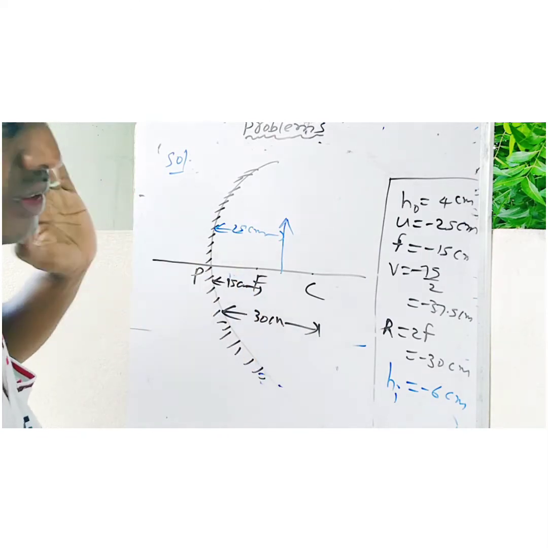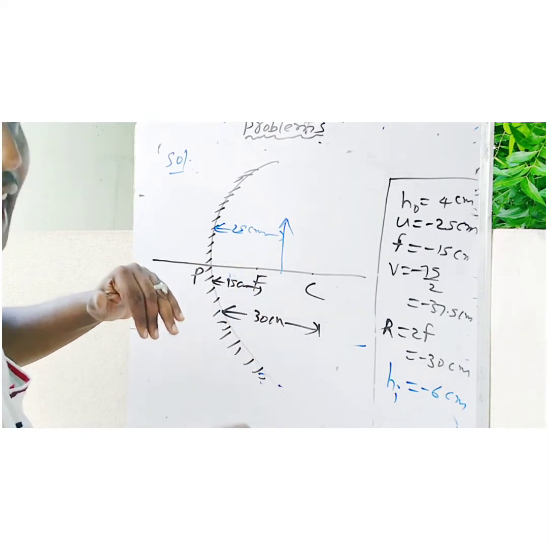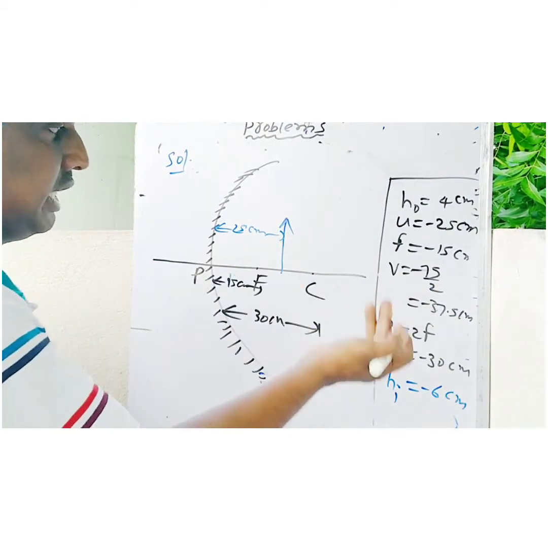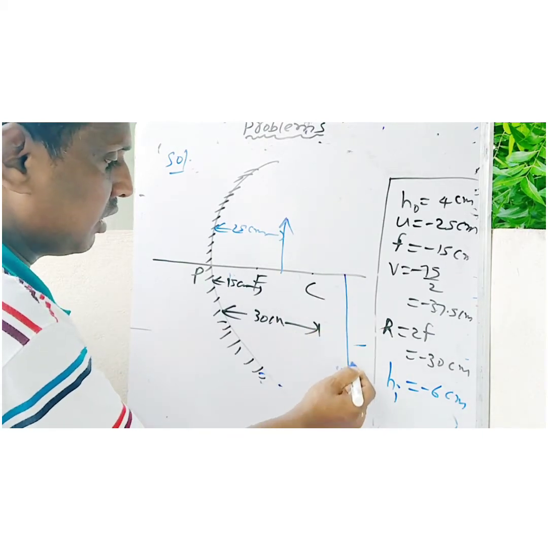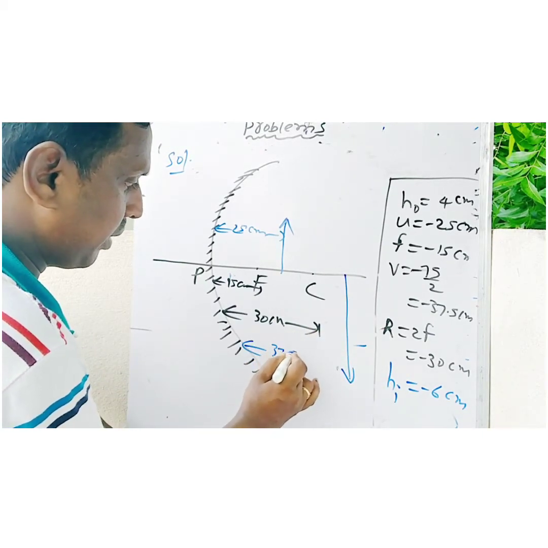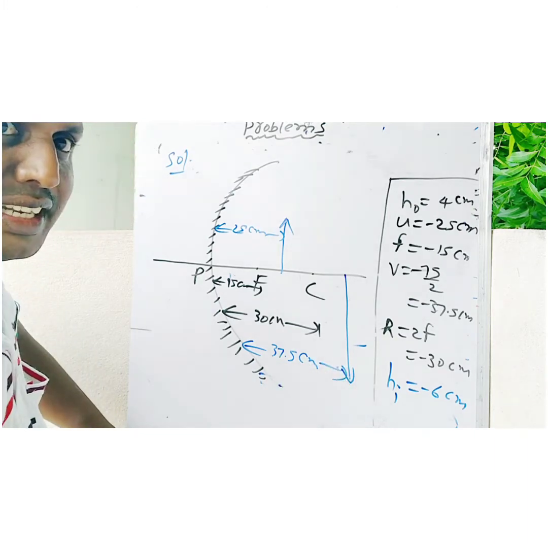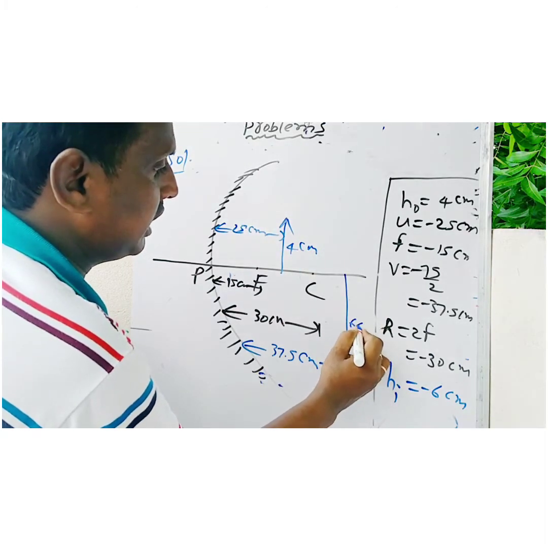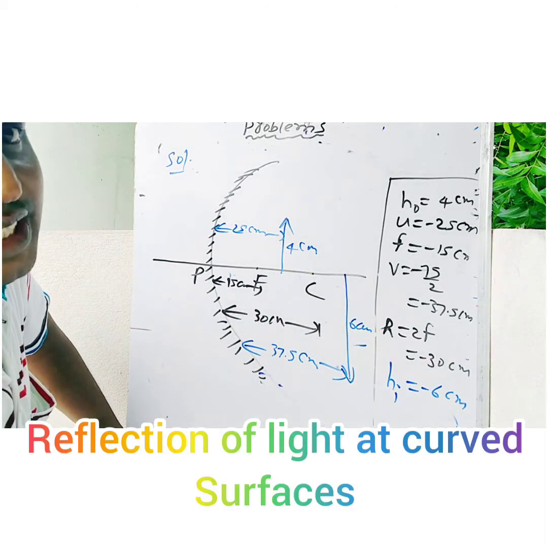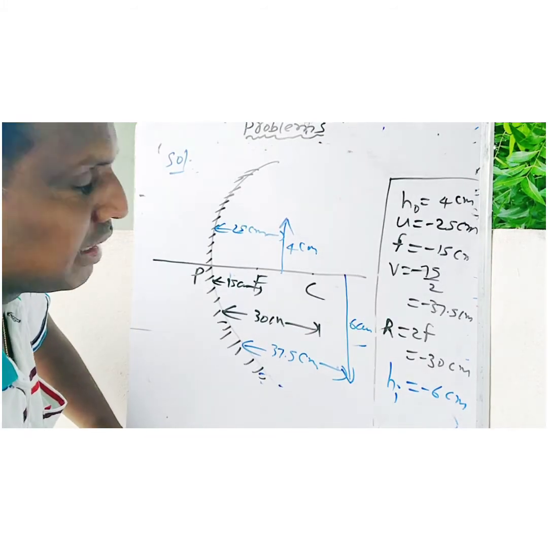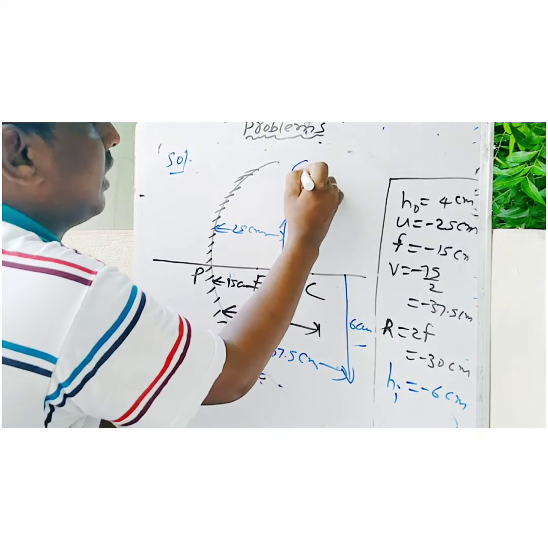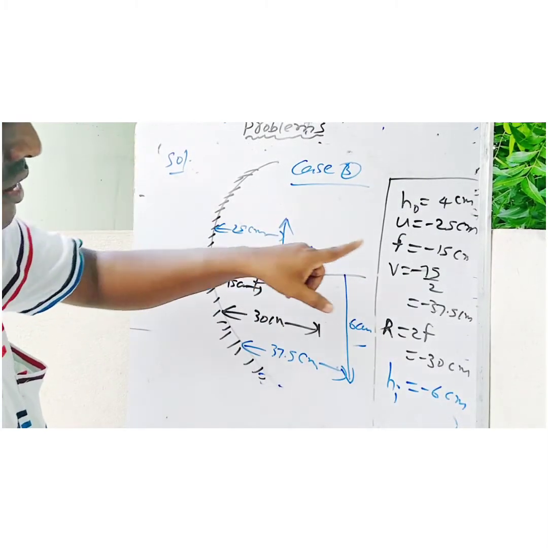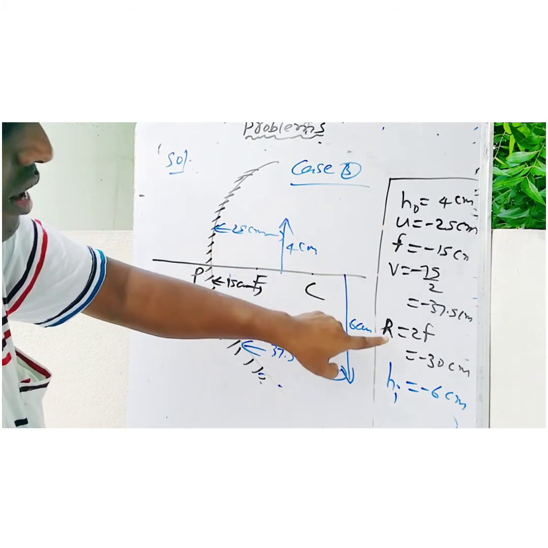Just assume. Now the image is formed behind the object compulsorily, we know that is case 3. Behind that how much here? 37.5. That is about beyond 30. That's all. This is 37.5 centimeters. Clear? Now this is HO, height 4 centimeters. This is 6 centimeters. See here? This is the diagram. If you are asked in the examination, you can draw diagrams. Very simple. This is already explained very clearly: case 3 of the concave mirror. All are negative: U negative, F negative, V negative, R negative, H negative.